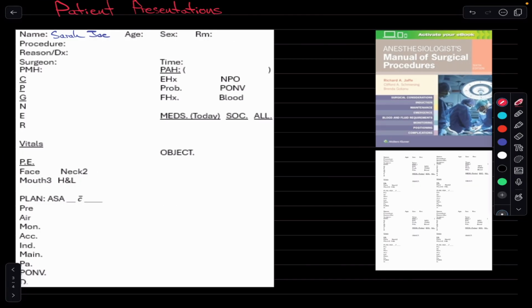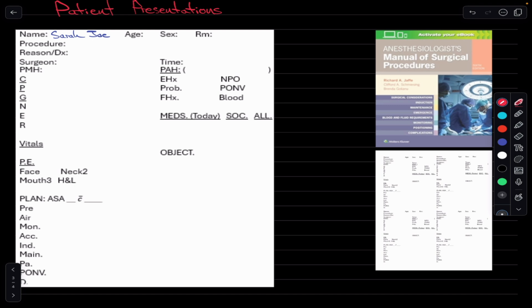So the next thing that I want to discuss is how to present a patient. This is something that I think is super important. I read a quote once that a student had reflected on their experience in medical school, and they said, no matter how much compassion I show to the patient that's sitting in front of me, I'm going to be evaluated on how well I communicate my findings and present this patient to my attending,